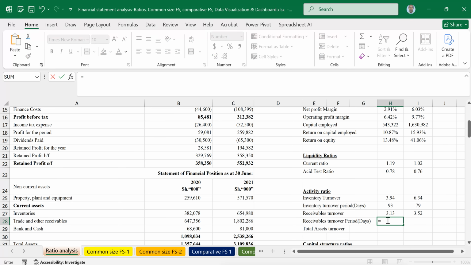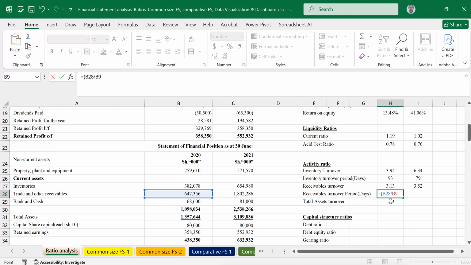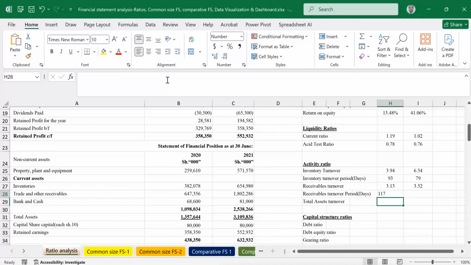Now you take average receivables, and for the first period, just do equal sign bracket. Take the receivables, which is 647, no need for average, because we only have one. Divide with revenue. You interchange and divide with revenue. So receivables over revenue, close bracket, then multiply times 365. That is going to give us 117 days. Now the other one will be this other